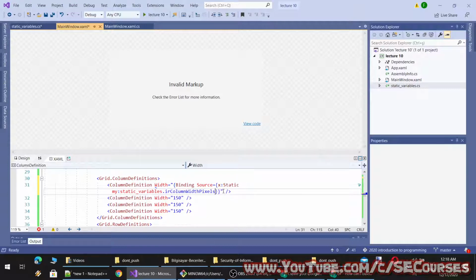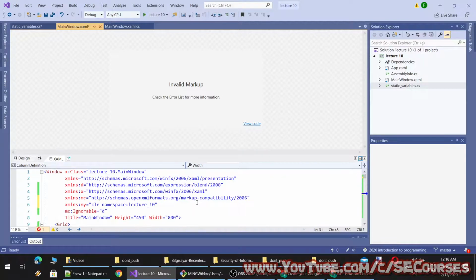So I am binding it like this, and it says static variables does not exist in the CLR namespace. However, it exists. So there is an error. What can that error be?